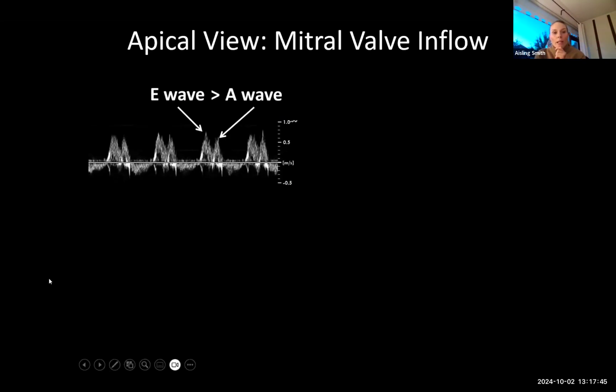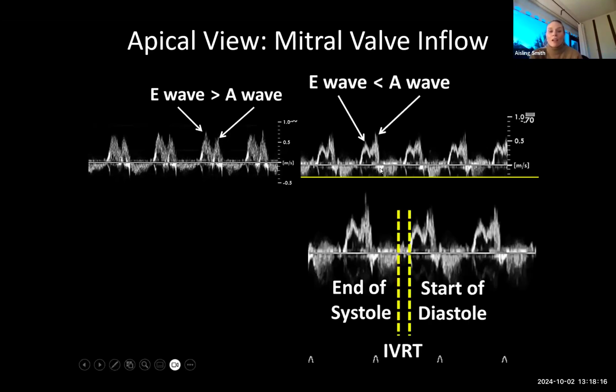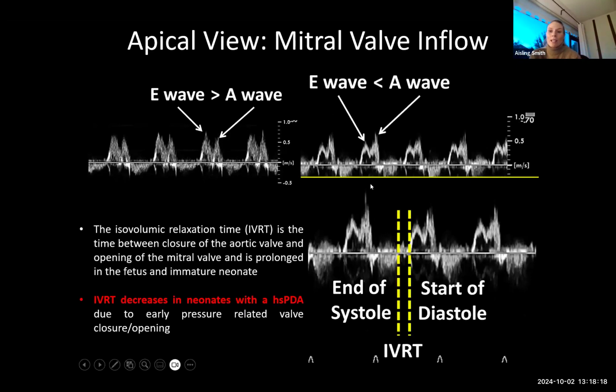So here, in a typical adult, for example, we do most of our filling in our early phase, and our atrial kick only contributes about 1/3 of our diastolic filling. So in adults and in older children, the E wave is larger than the A wave. In our premature cohorts, their normal state is the opposite, as I explained, because their hearts are stiffer. So they actually rely much more on their atrial kick and on their late diastolic filling. So their E wave is smaller than their A wave. However, in the setting of a hemodynamically significant PDA, it will pseudo-normalize and reverse, and the E wave will be